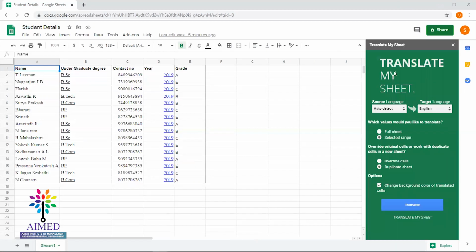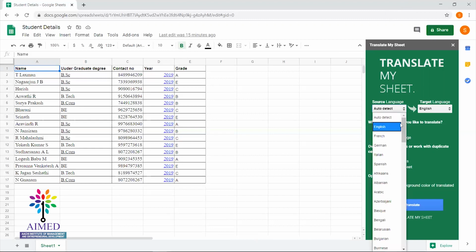So as usual, whenever you try to use an add-on, you'll get a pop-up on the right-hand side. In the same way, you are getting that pop-up. In this pop-up, you are asked to select the source. Here, the source language will be auto-detect by default. If you want, you can choose the language. So you can see what all the languages available here.